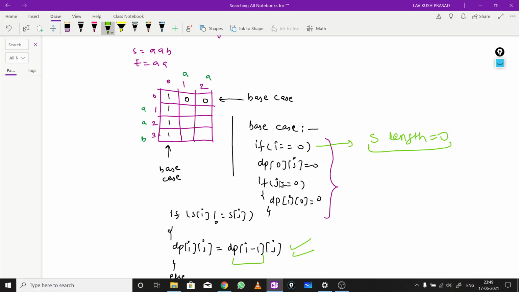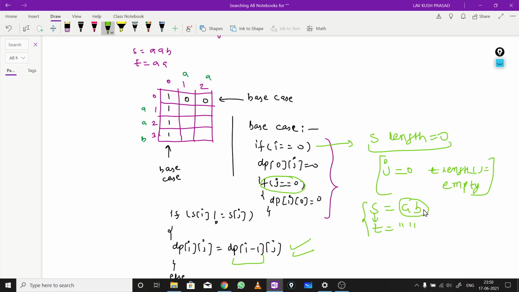Okay, and for j is equal to 0, it means the length of t is 0, an empty string. If we have an empty string, let's say s is equal to ab and t is an empty string, we can change s into t by using deletion.